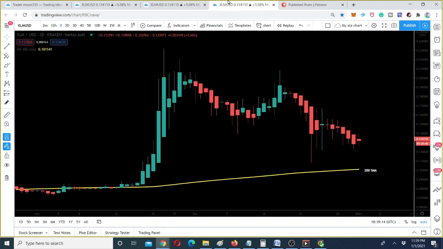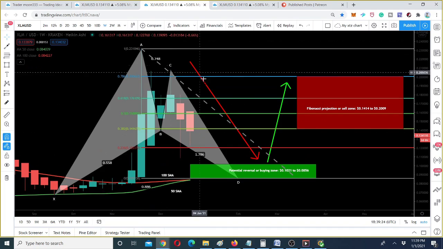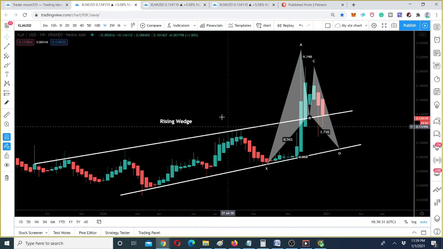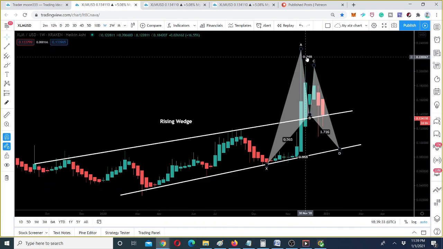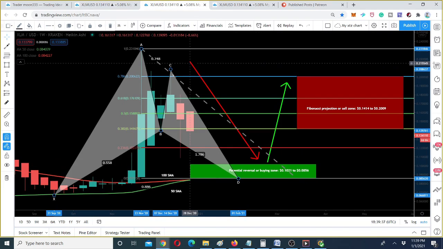And if we take a look at this chart, this is the daily chart, then we have the 200 simple moving average at almost 10 cents. And you can see, here I have perfectly placed this pattern tool with all the calculation. This is the same pattern that I have shown here. Let me copy and paste this pattern here so we can watch this pattern and this move